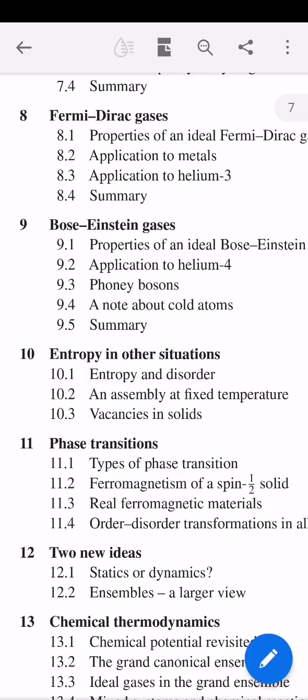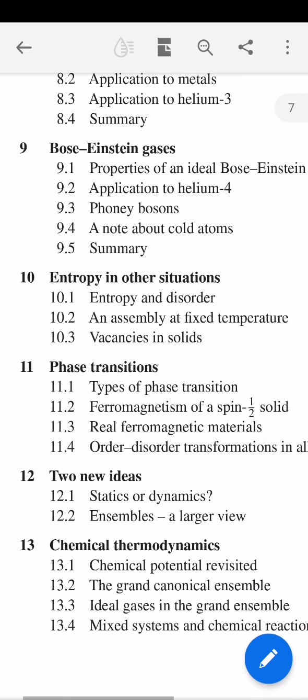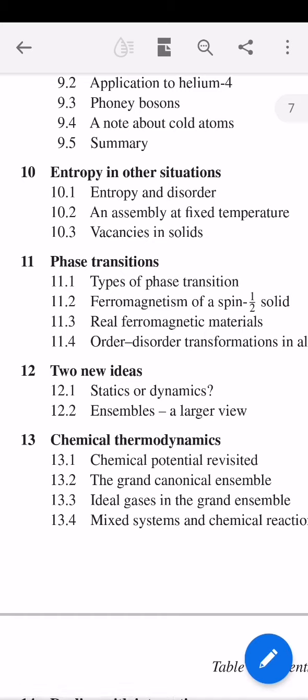So ferromagnetism, diamagnetism, paramagnetism, order and disorder in the domain distribution, and then you've got two new ideas like statics or dynamics. Statics is to do with things that are exerting force and having an impact without moving, and dynamics is about objects that are having an impact by virtue of their movement. And then we look at ensembles. And then we briefly look at chapter number 13, which is all about chemical thermodynamics, laws 1, 2, 3, 4,